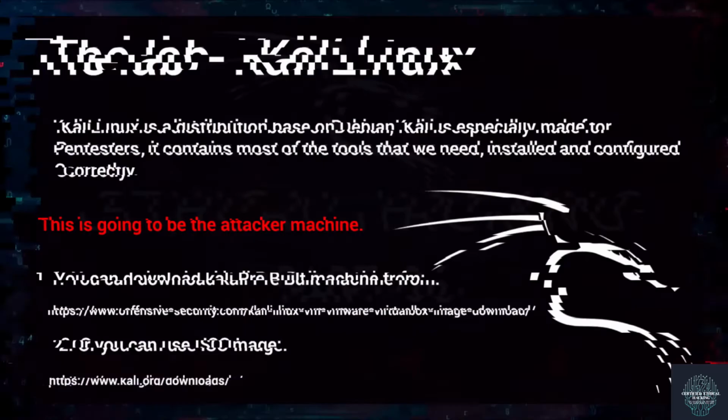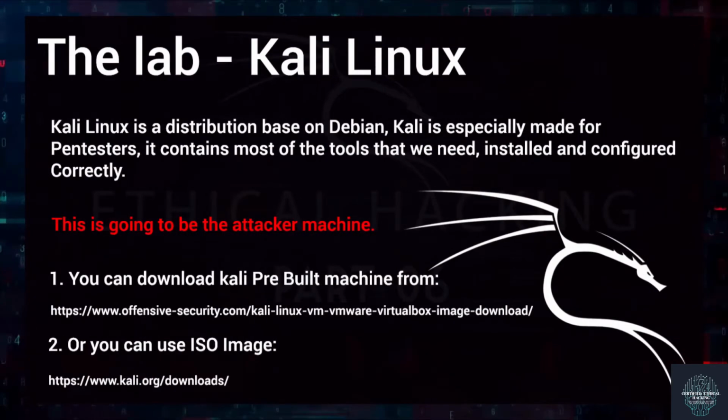Everything would be predefined and pre-built for you if you go through that snapshot thing. But for the sake of this course, I will not do the snapshot thing. I'll just install Kali Linux from an ISO for the sake of this course. But if you want me to do that, you can just comment down below and I will do that in the next video. But for this video we'll install Kali Linux from ISO and we'll go through it step by